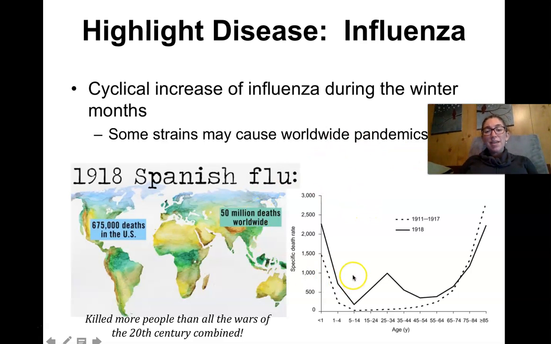But the interesting thing about the Spanish flu is this graph here. So normally in a flu season, we see this curve when we're looking at deaths from flu. We get this curve here, where most of the deaths are the very young, like infants and small children, and the very old, and people who are maybe middle-aged with comorbidities, like other lung diseases already. But in the 1918 flu, there was this peak here in the middle. It disproportionately killed healthy, young,